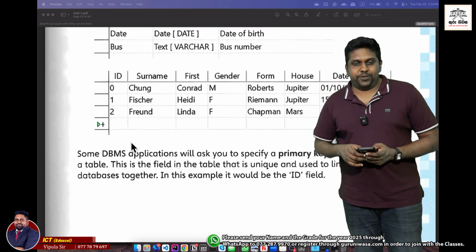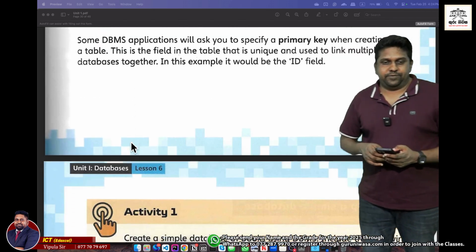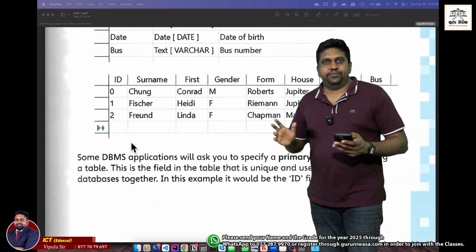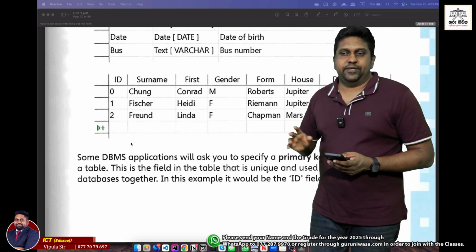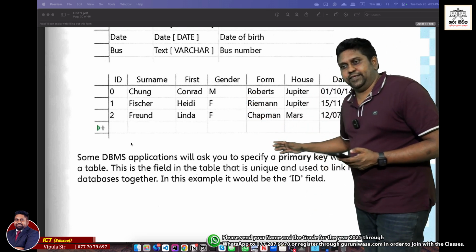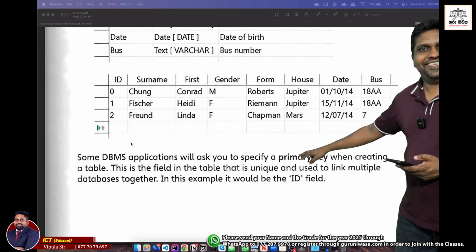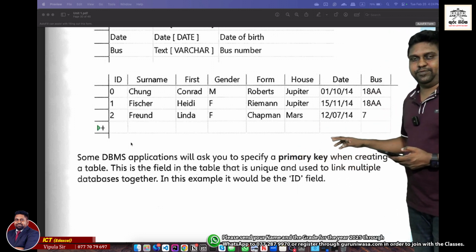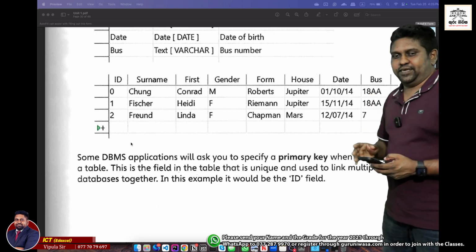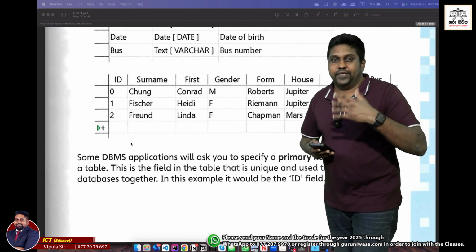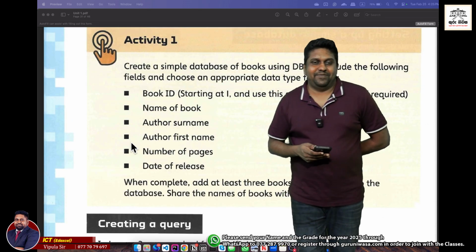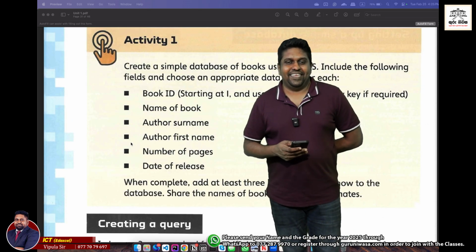Okay, so now we have a point which is known as the primary key. This primary key is something we need to think about after we jump into this activity. Okay, now shall we